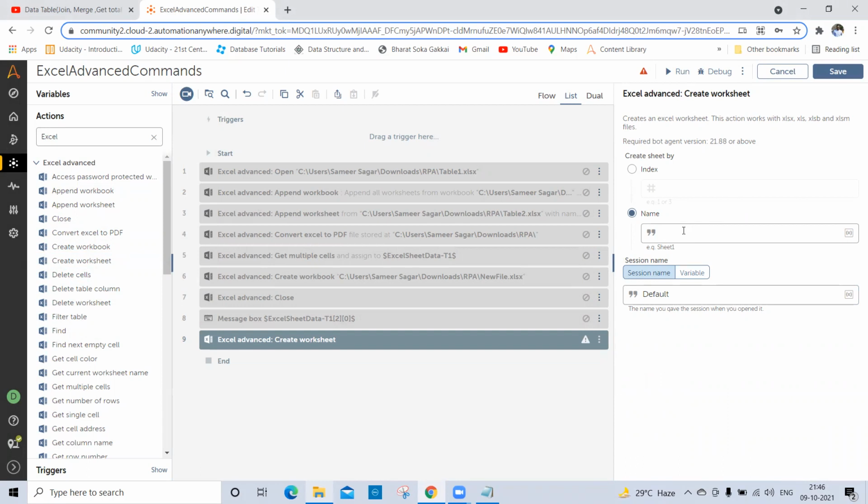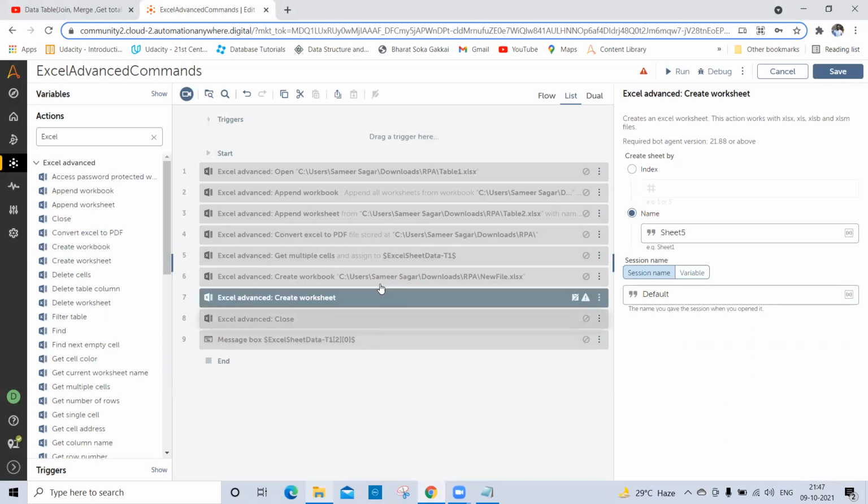Suppose I want to create a new tab, a new sheet, and the name will be sheet 5. You can use this name here, and it will create the sheet with this name. You can also pass the session name here. For that I'll enable this one. I think an Excel file should already be there in which it will create the worksheet, right?